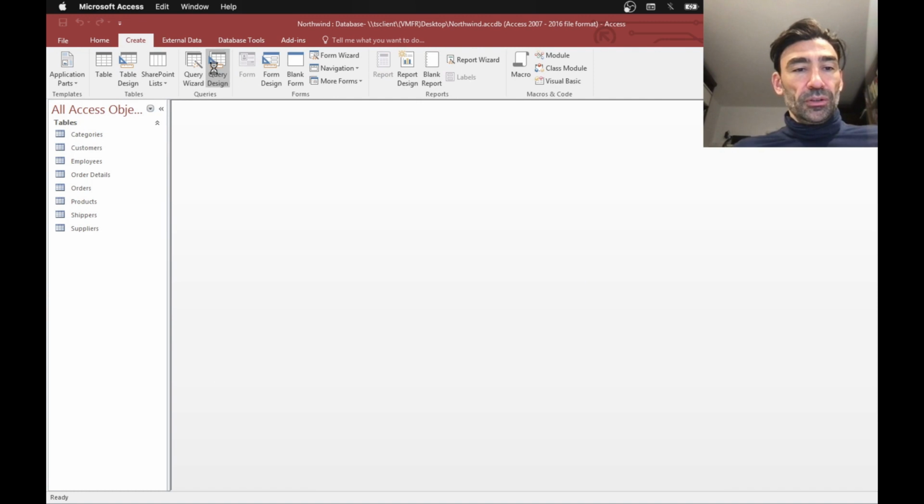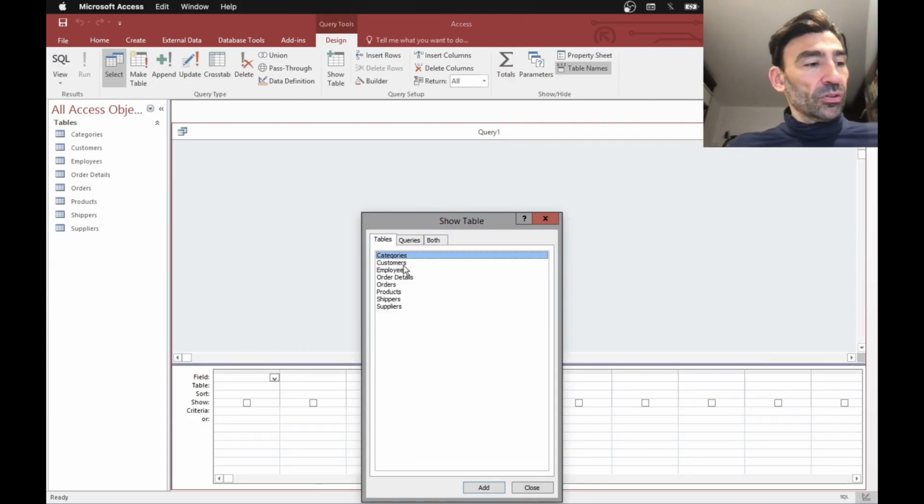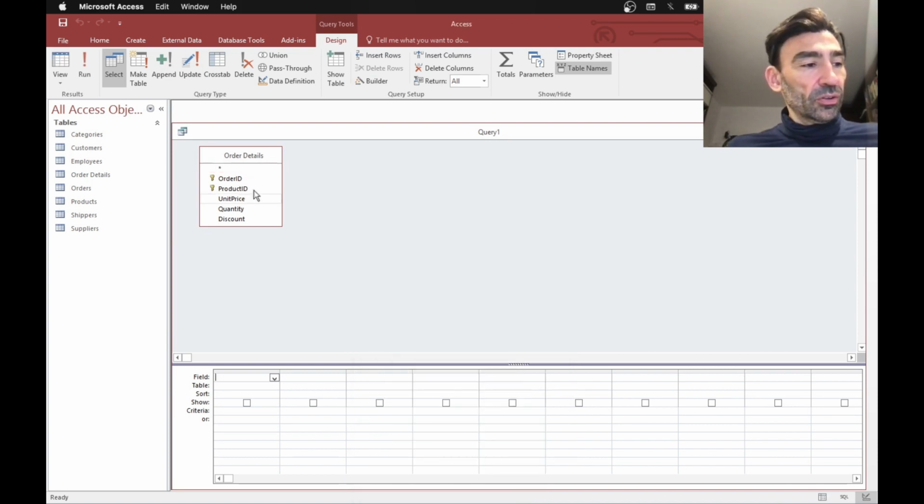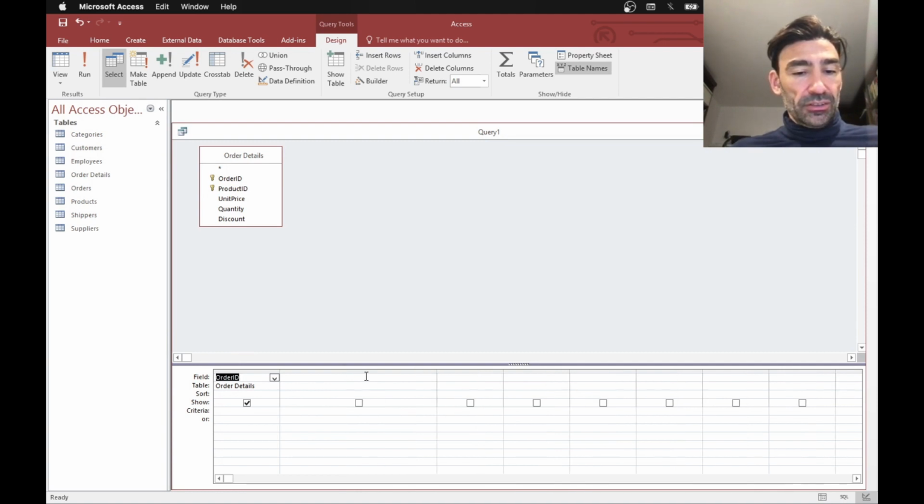Query design. So, I need from Order Details. I think it's the only table that I need. Let me see. I need Order ID and this value here. Let's call it value discount, colon. It's the discount, so